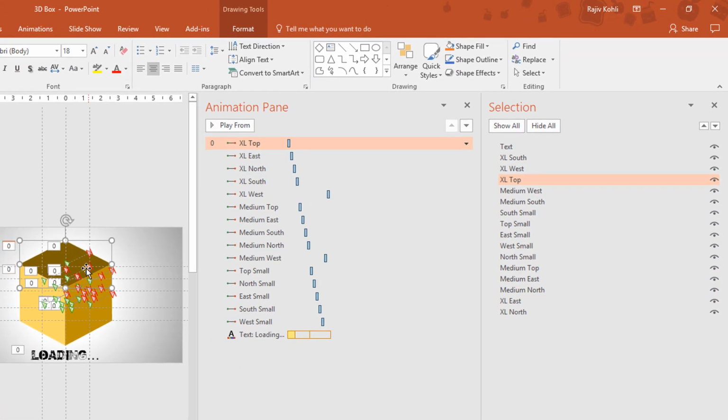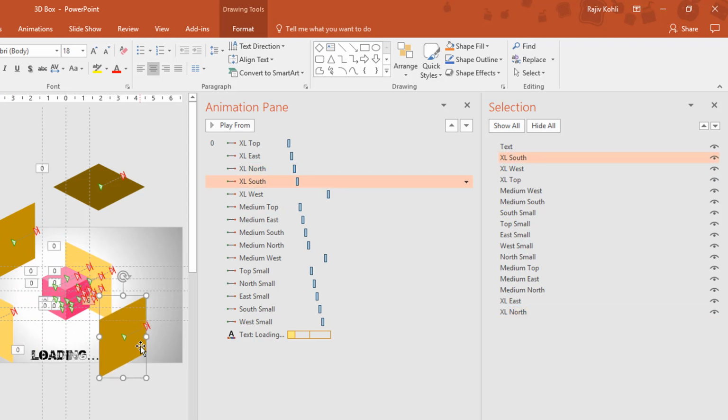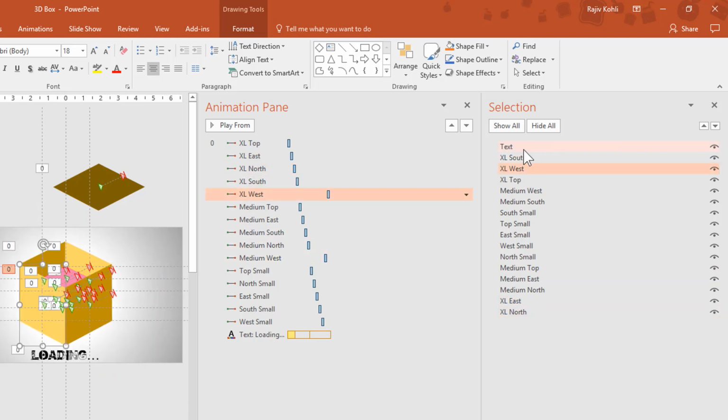Like on top of all is the extra large box, and you can see that that is the extra large top part, and that is the west extra large, and that is the north extra large, south extra large, and east extra large, and same is with these boxes, as you can see. So what you need to remember is how to position these things on the slide. I mean, which one should come first and which one should go back.